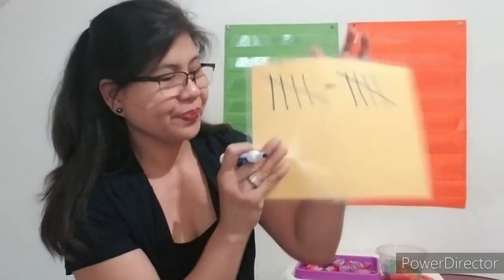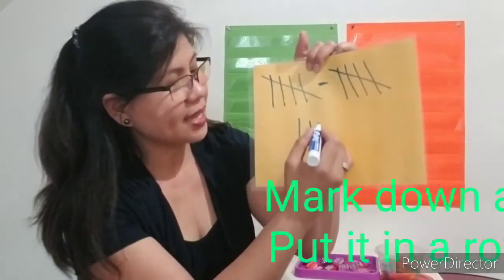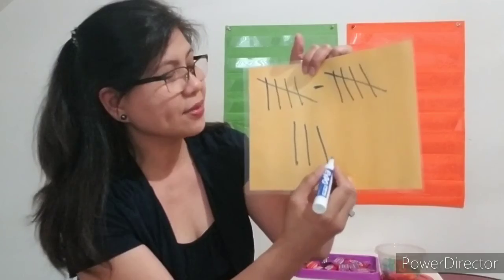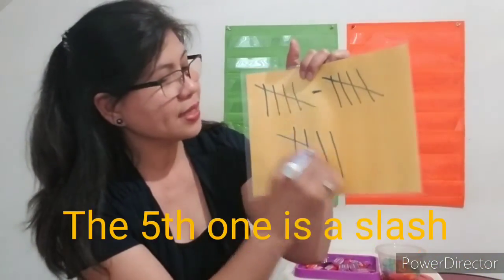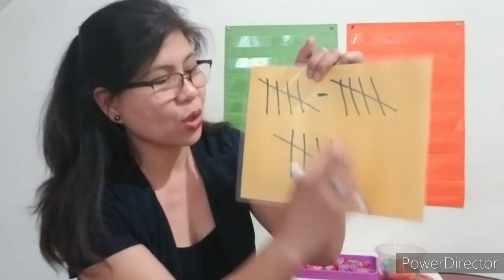Let's sing the song. Mark down a tally, put it in a row. Mark down a tally, put it in a row. Mark down a tally, put it in a row. The fifth one is a slash. So a tally mark is always